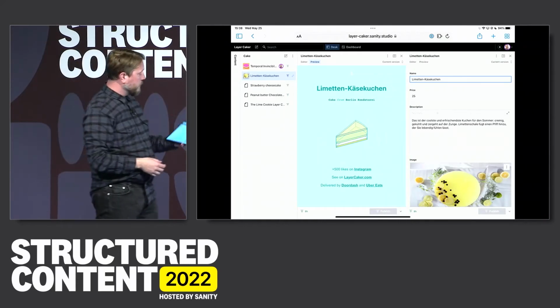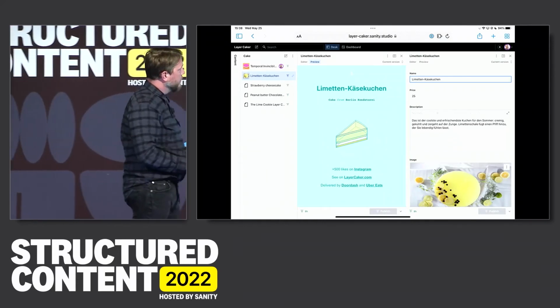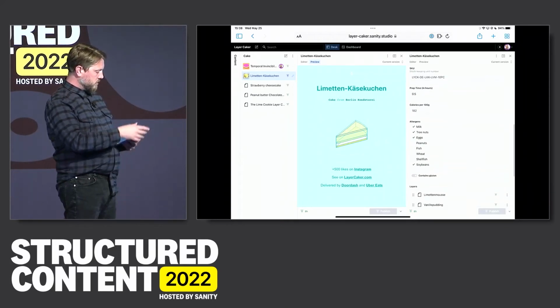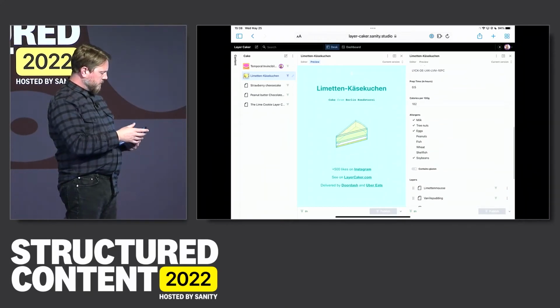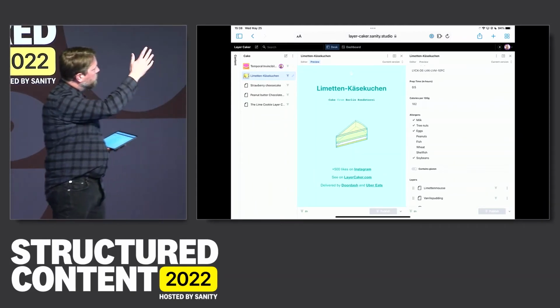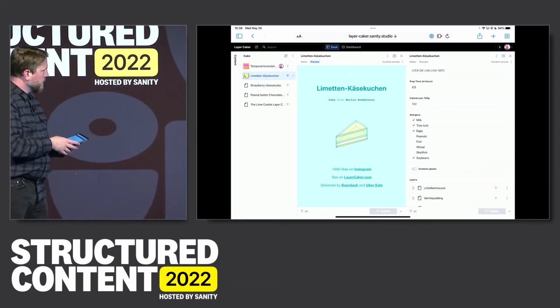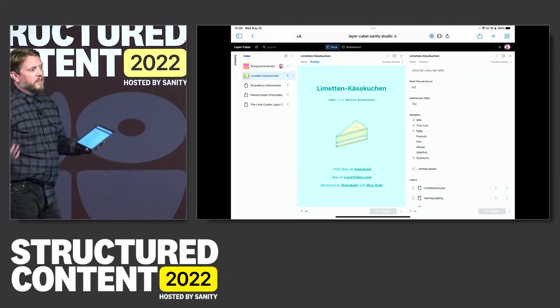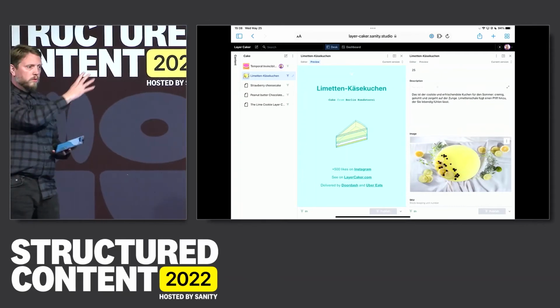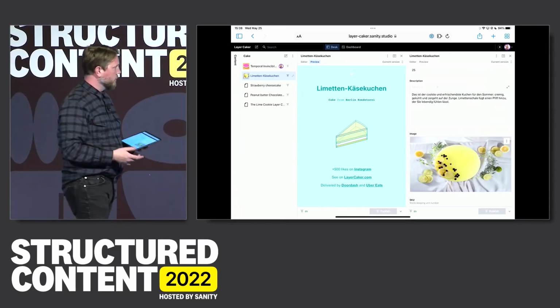On the right side, you'll recognize this from the first invincibility cake. The descriptions, images, the stock keeping stuff, 30 minutes prep time, wow. So okay, the Germans are a lot more efficient than us, but it's still the same fields, just different content. And it's all in German because this is all regionalized to German, Berlin.